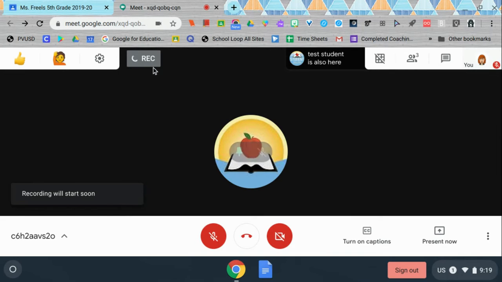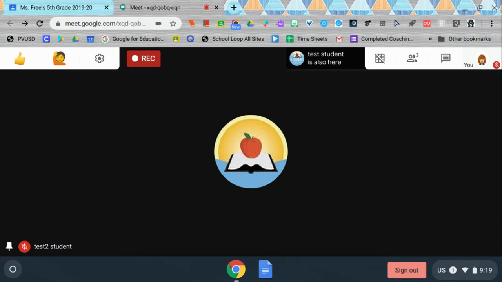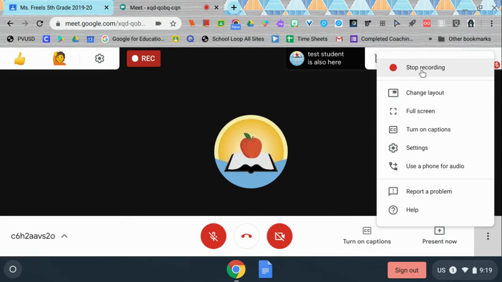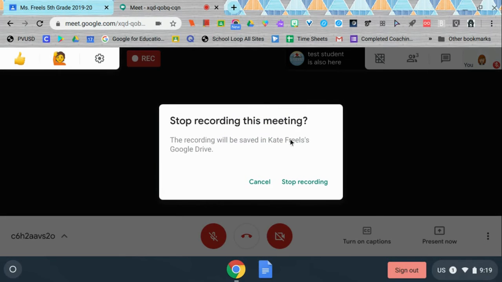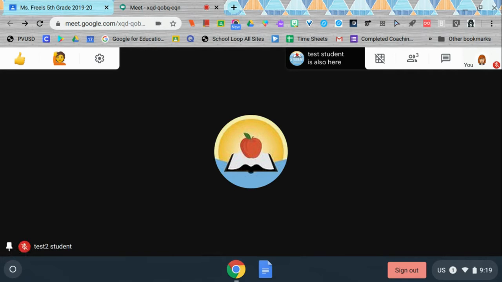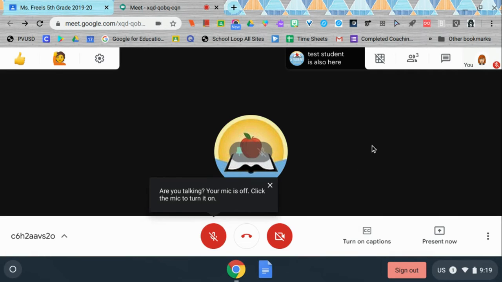And then this recording symbol will appear in the top left corner of your screen, as well as the top left corner of all participants' screens, so they will know that the meeting is being recorded. When you're done recording the meeting, come back down to the 3 dots to stop recording. As soon as you click stop, the recording will be saved in your Google Drive. You will also get an email notification including a file of that recording, so you can post it into your